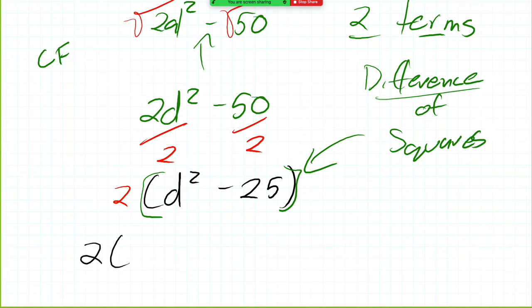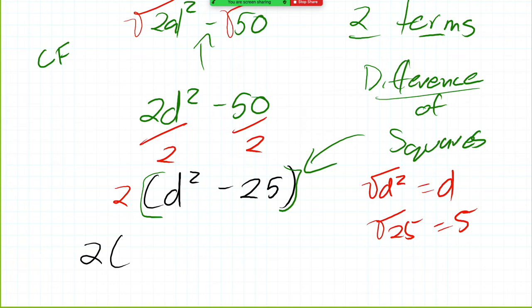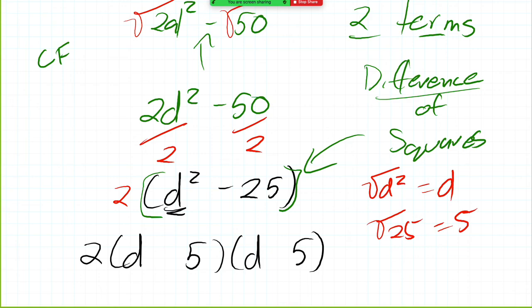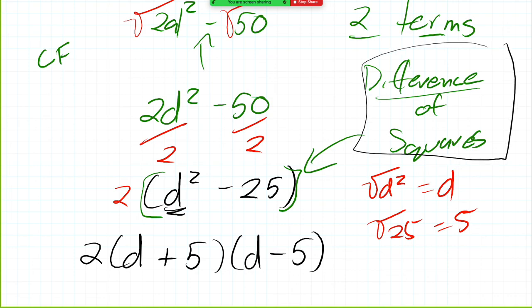If I square root d squared, I get d. If I square root 25, I get technically plus or minus 5, but we're just going to take the absolute value, so d and 5. And now when I write my answer out, I'm going to set up two sets of brackets. Because d squared is the first term, the square root of it, d, will be the first term in both sets of brackets. 25 was the second term, so the root of it, 5, will be the second term in both the brackets. And then we just put a plus and a minus,